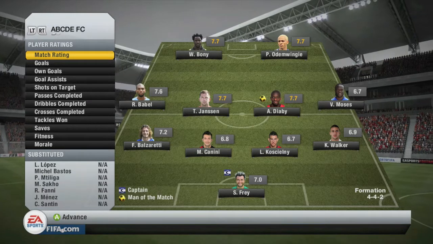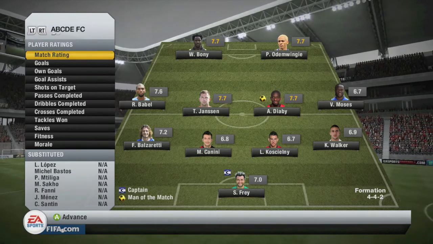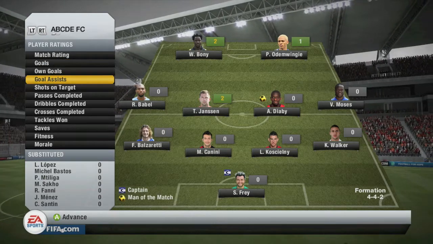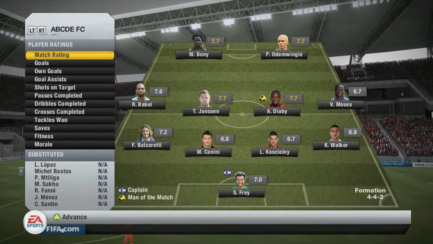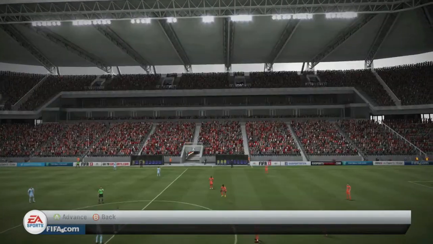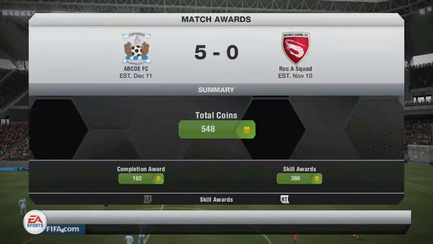Those 4 mid players, all 7.7, and they all did a little bit something different. Odom Wingy with a couple goals, Diaby with a goal, Bonnie with a goal, Johnson with a couple assists. So that's what I call balance in this new team. I know the team that I was facing wasn't very good, but you got to get started in the round